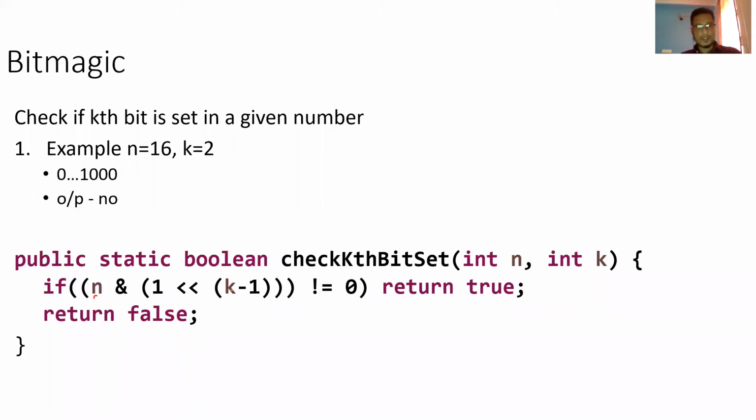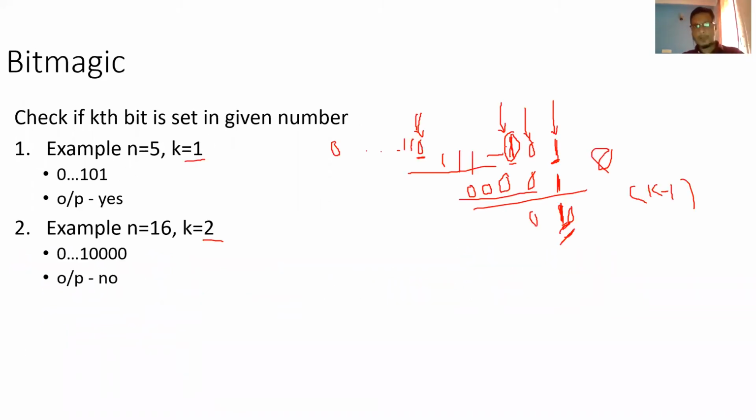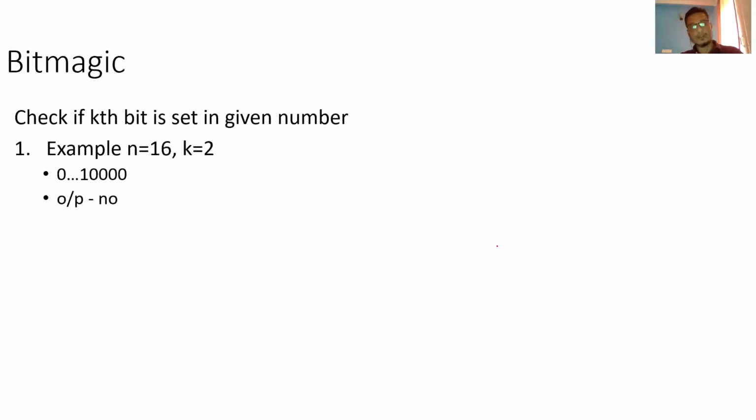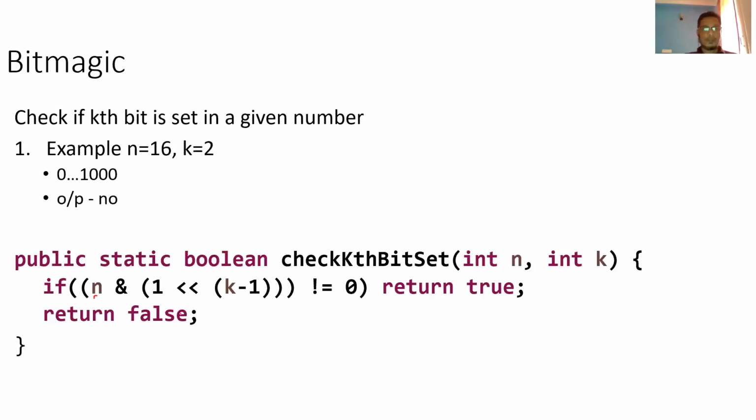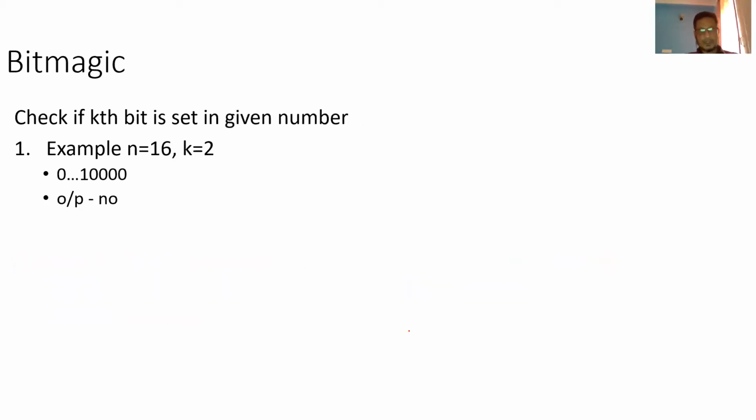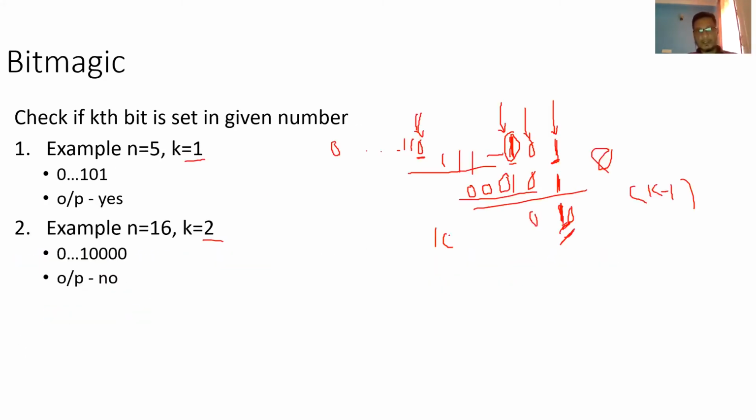There is another operation you can do. Whatever bit you are checking, you can bring a 1 to that bit position and AND with that. That is also a way you can do it. For example, for the k minus 1th bit, you are left shifting 1. If you left shift, how many positions? 3 positions I'm left shifting. For example, let's see this example. What I was explaining, right?